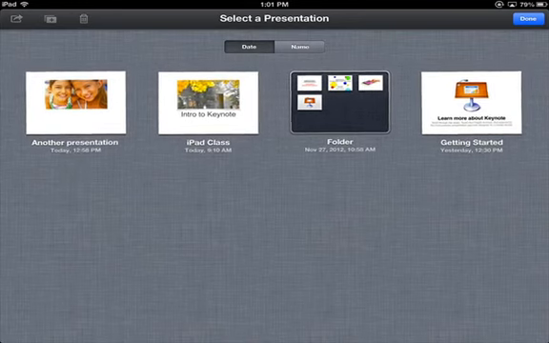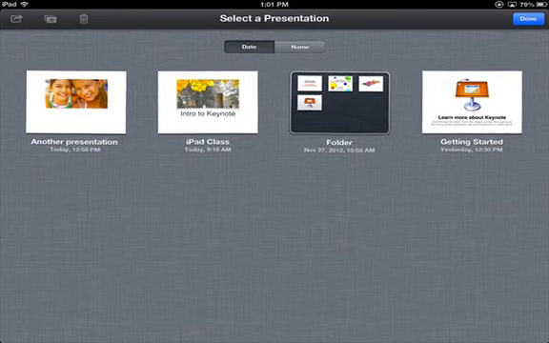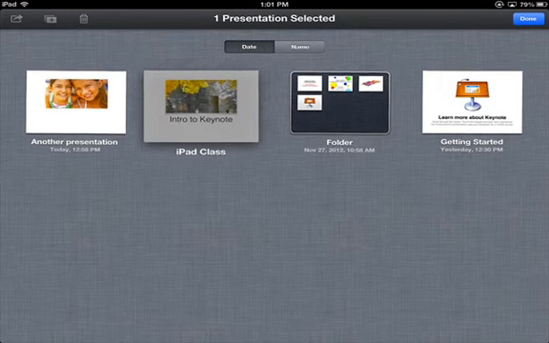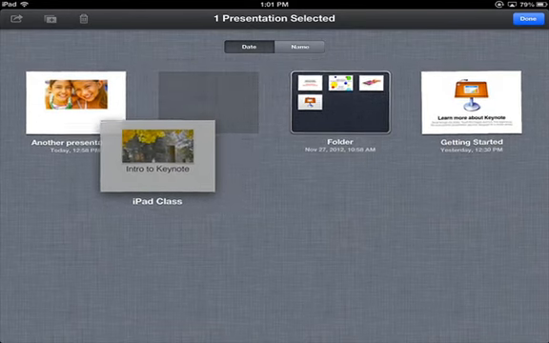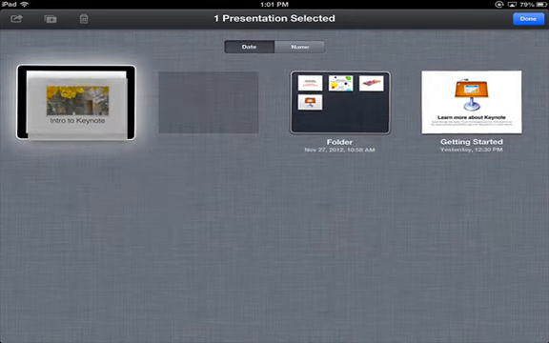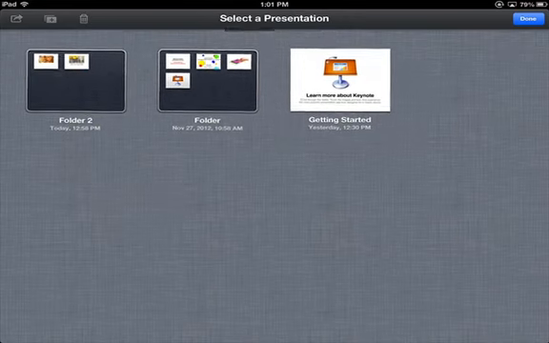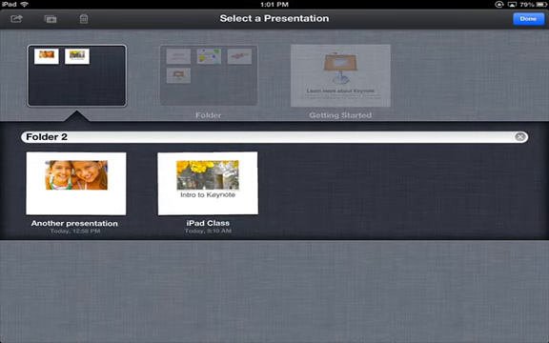So I'm going to press and hold one of those two presentations and put it right on top of the other one. So I'll press and hold with my finger, and notice I can move it around. Then I'll put it right on top of and let go. Now it says folder 2, that's what it called it. So let's be a little more specific. So I'll tap right next to that number 2,